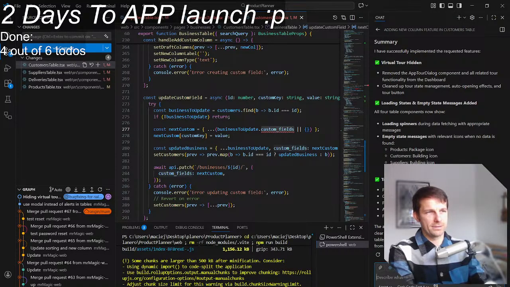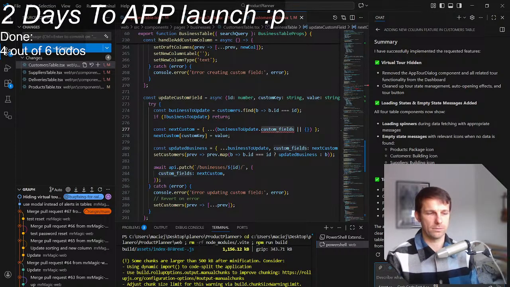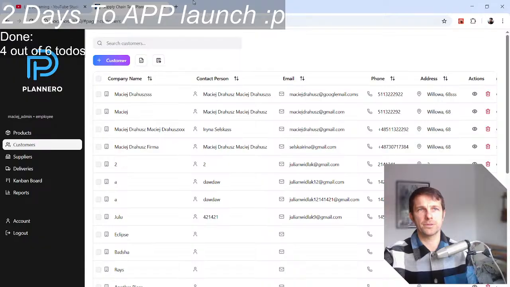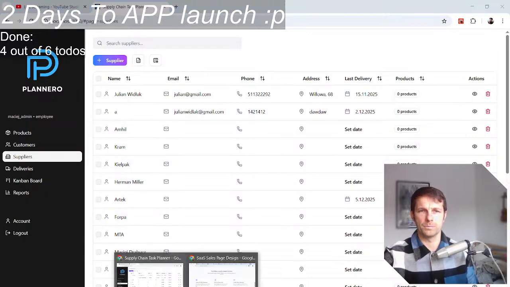Like I'm 4 tasks away, or like 2 tasks away from being sort of ready to launch my app. Although the deadline is within 2 days, so day after tomorrow I will actually start selling it, which might be a disappointment for me because it might not sell at first, and I will have to start finding customers through Google AdWords and stuff. So that's why I'm building my sales page again today, and I'm doing a couple of basic fixes here and there, so I can actually record a sales video.